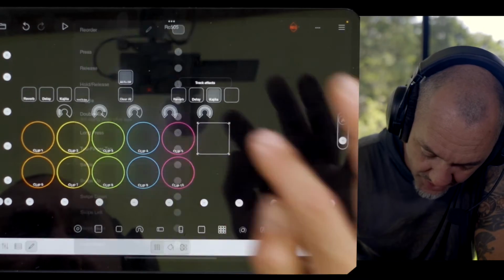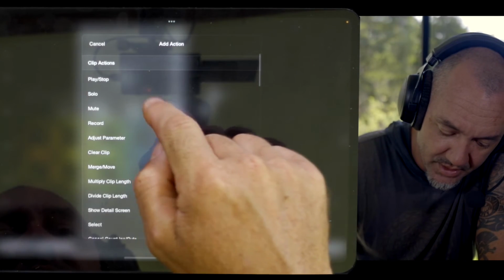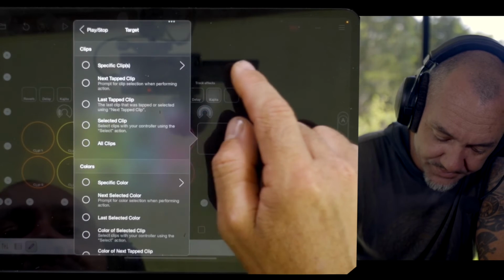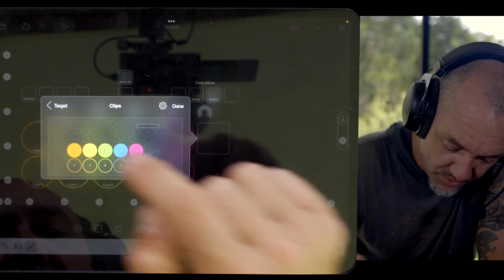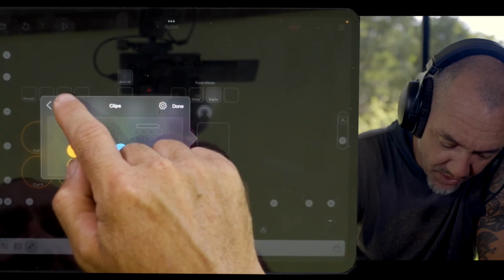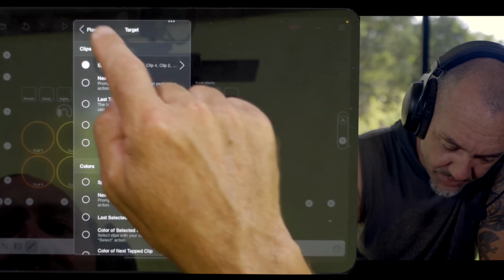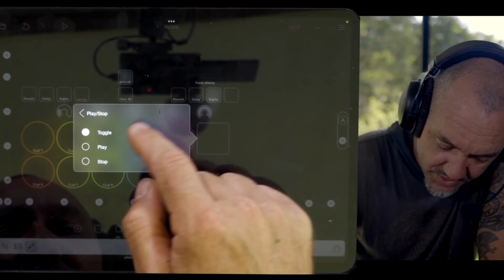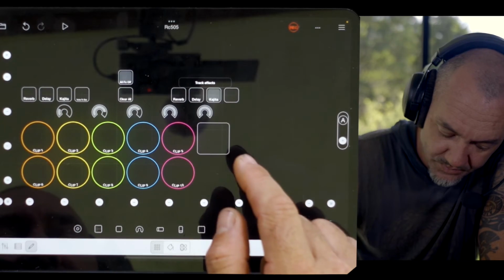So that button there is on press. It is going to play stop, target specific clips. Now I just want it to play. I think I don't want it to play stop, so I can just go play, and then